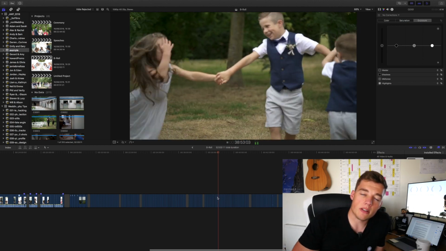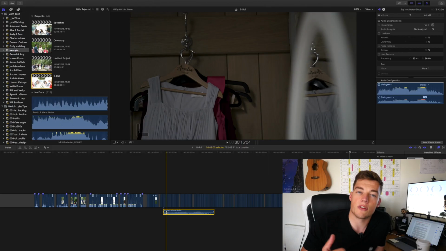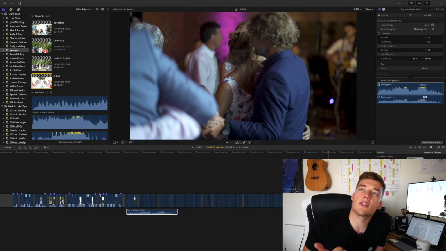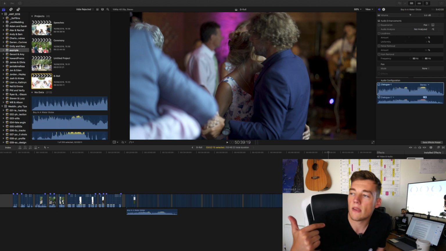Then you want to add in your music, and my advice here is to have a bank of songs that you regularly go back to and use again and again, maybe 3 or 4 songs for each section of the day. So you might have a couple of songs that fit the bridal prep, a couple of songs that fit the drinks reception, or the night do, or the ceremony. Just a bank of tracks that you can use again and again, because that's going to take out the indecision time of having to choose music for every wedding. Again, I've also done another video about how to choose music for your films. I'll link that below again.